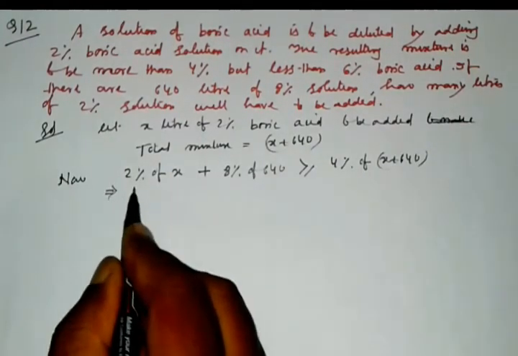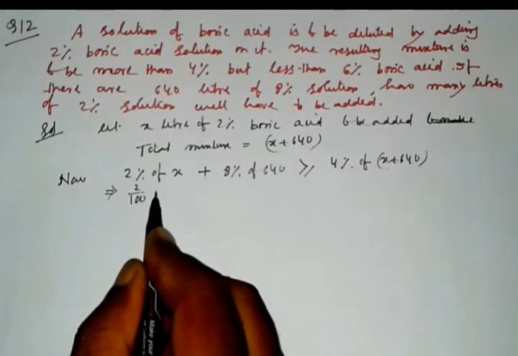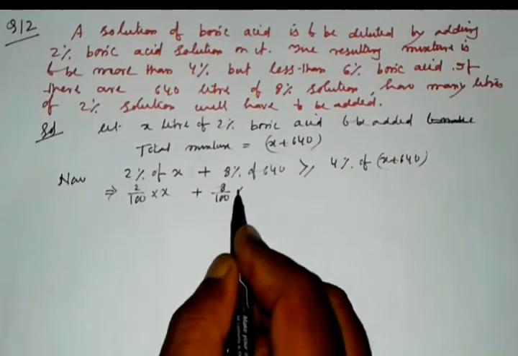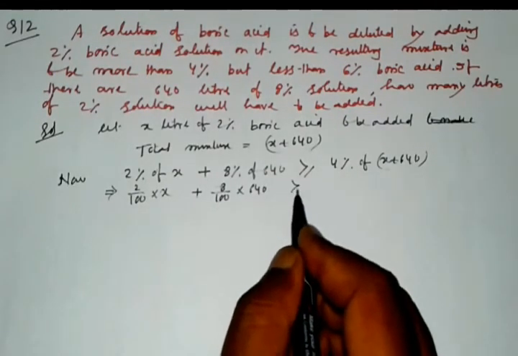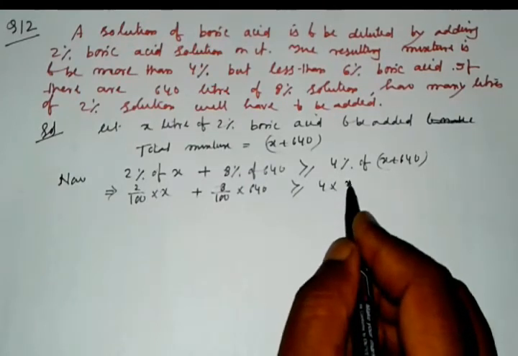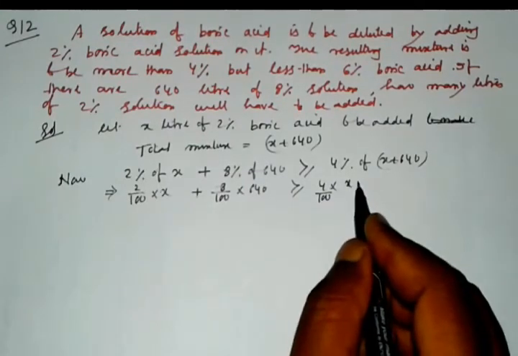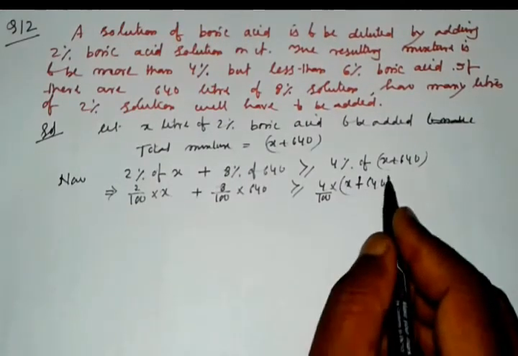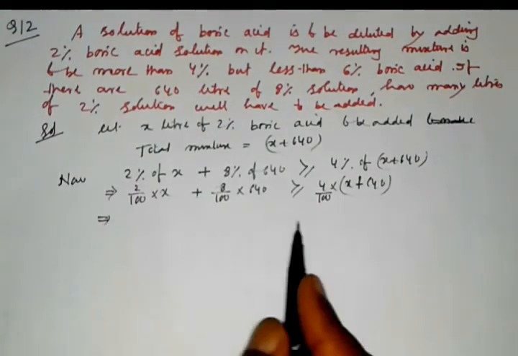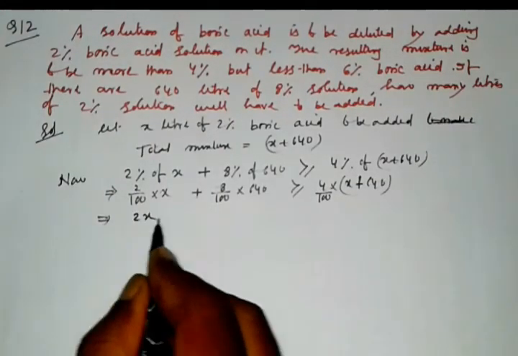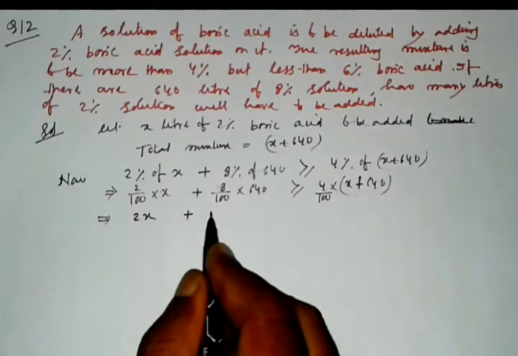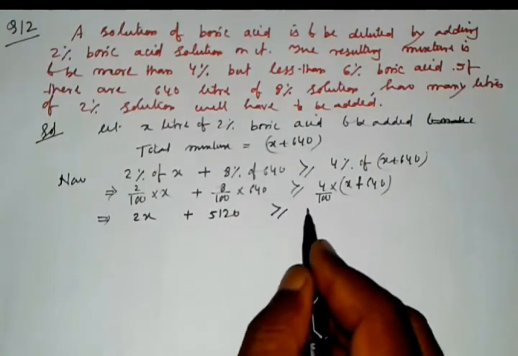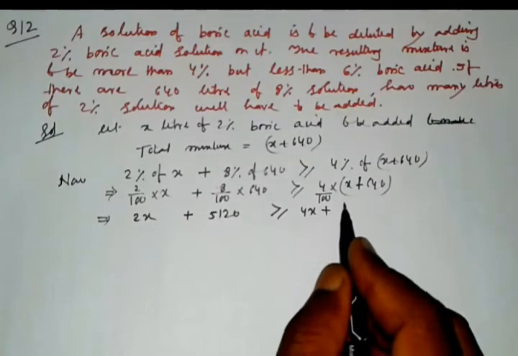From this we can write 2 by 100 into x plus 8 by 100 into 640 greater than 4 by 100 into x plus 640. We can cancel 100 from both sides. Therefore 2x plus 5120 after multiplying is greater than 4x plus